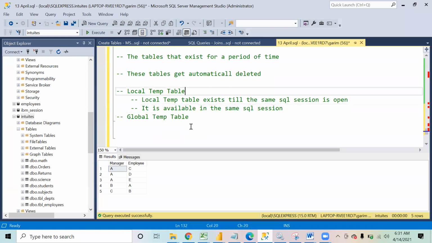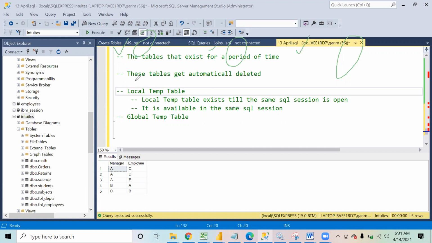Let me tell you what I mean by this. This is a session that is open right now. This is one session where you are writing the queries, this is a second session, this is a third session. So right now on my SQL server there are three sessions open.